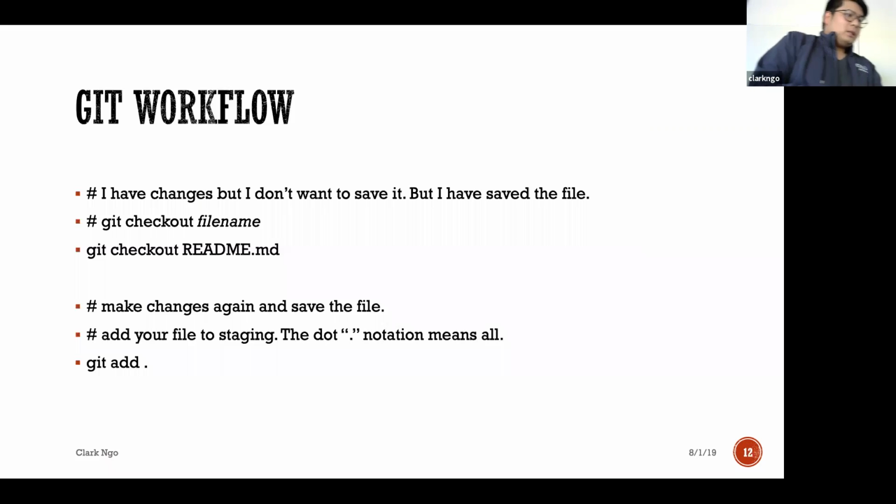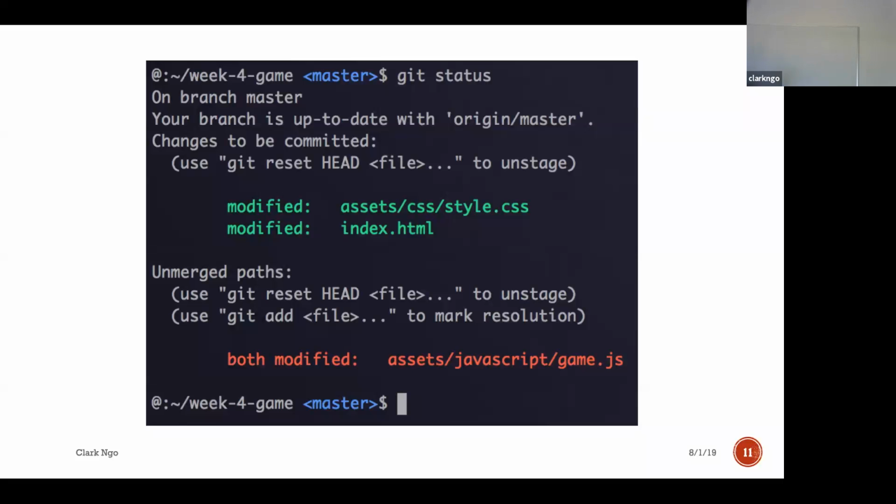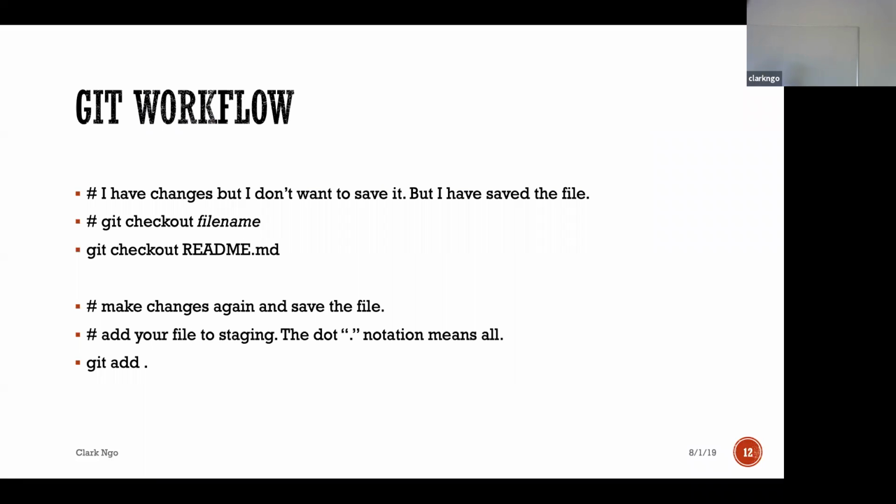Okay. Next thing is, what if you modified this file? You worked a lot, and oh, I didn't. Sorry for the word. Let's say you did not really fix the bug. You did not really add the feature. You just messed up all the index.html. And instead of hitting undo, you can just go git checkout, file name, and it reverts that file to its state before